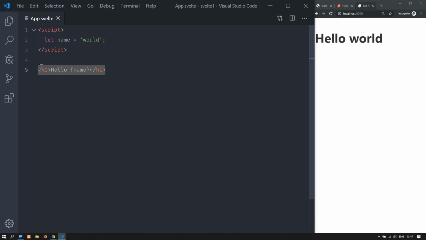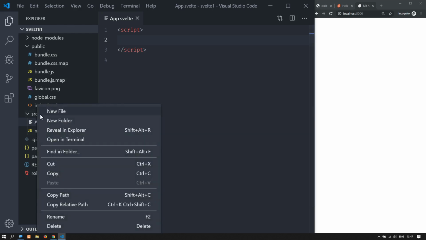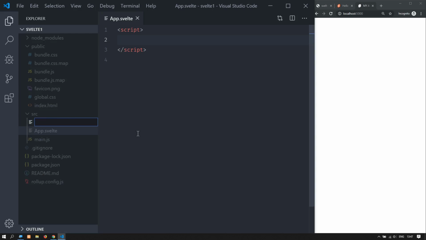We don't really need this. It was just to explain to you how this gets combined with Svelte, and there's nothing here. The application that I want to build is one where I would like to be able to create users, and I want to edit and delete the users. Let's go to the src and let's create a new file. Let me call it user